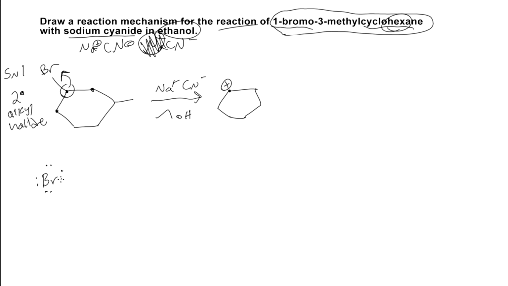7 valence electrons, but it's going to take that extra electron it's sharing here with the carbon from the bond and take it with it, which again, if we have 1 less electron, obviously we're going to have a positive charge. And of course this bromine is going to be bromide, which is negatively charged because it has an extra